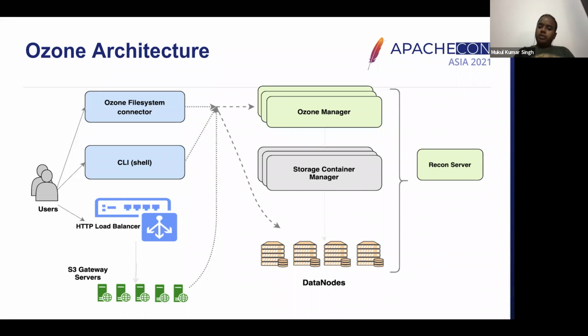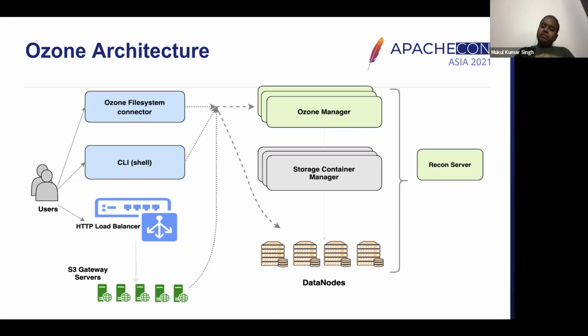Below that, you have something called the storage container manager. The storage container manager is your block space manager, and it takes care of things like the cluster membership. Basically, if you lose a node and you want to do replication, that's what the storage container manager is offering. The storage container manager and Ozone manager talk to each other via a protocol where they only talk about block information. So the storage container manager has no information about the names of the files which are stored inside those blocks. And we have designed it in such a way that each of the components, the namespace and the block space, can be scaled independently of the other service.